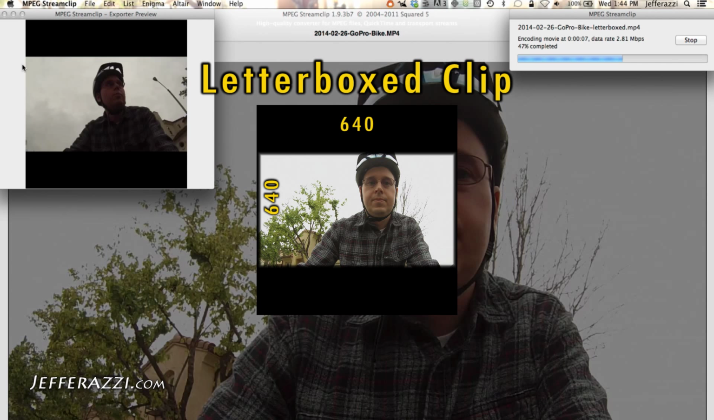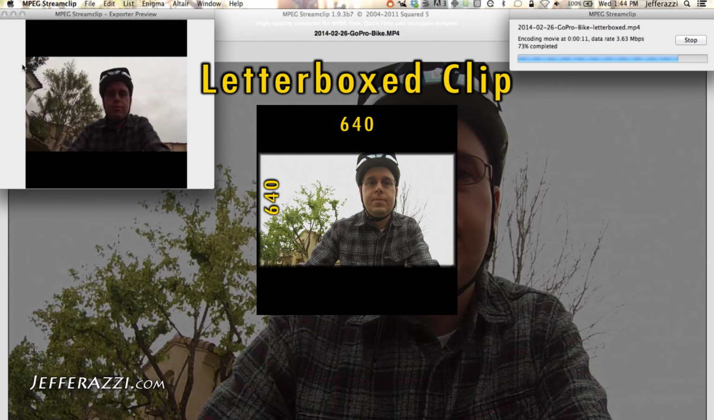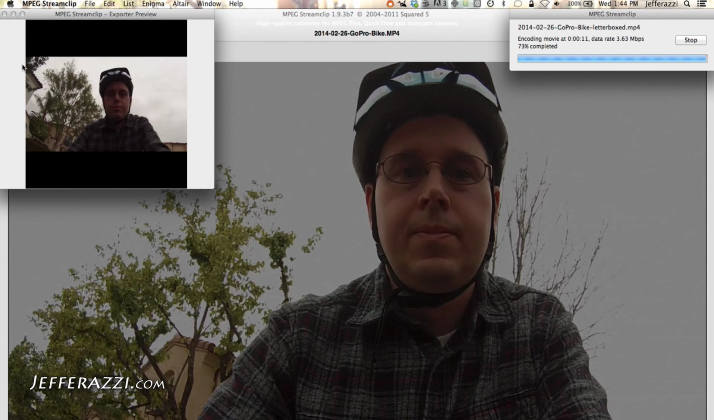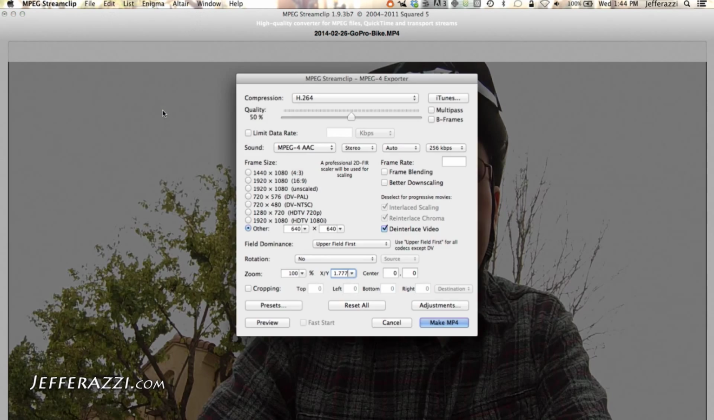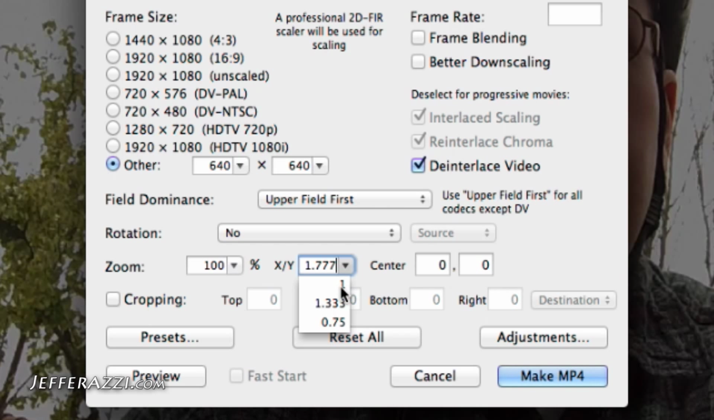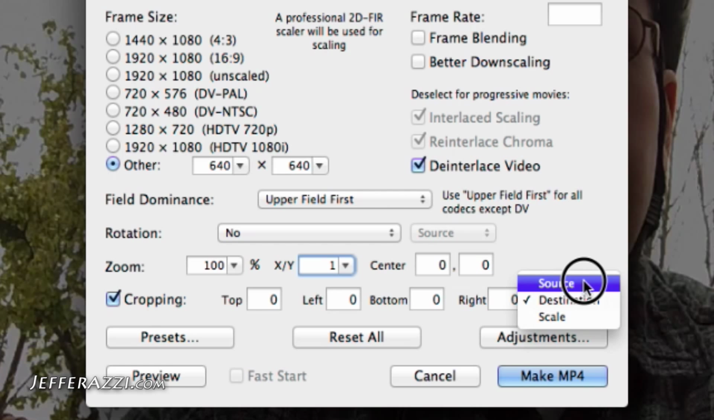So the third option, if you don't want it squished and you don't want it letterboxed, if you just want it cropped, you can go back here and just export again. Change this back to 1. And so my original footage was 1920 by 1080, but I want it to be 640 by 640. So here I want to say cropping, crop the source,